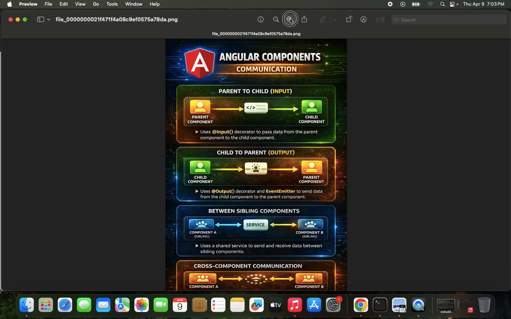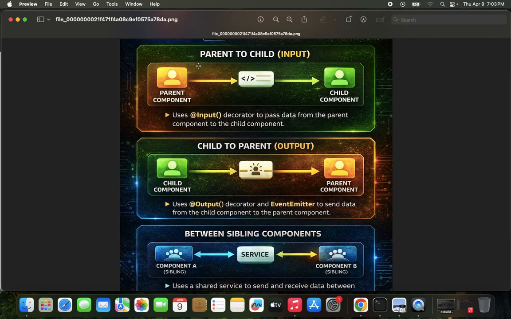So let me zoom this in. Now, when we implement the inputs and outputs decorator approach, we have this architecture, this application flow where our parent component communicates with the child component, and then we use an input decorator. So this input decorator is used to pass data. So the parent component uses the input decorator to pass data to the child component, and now the child component